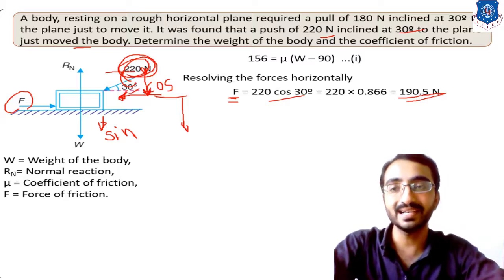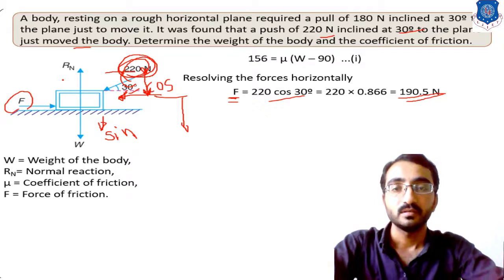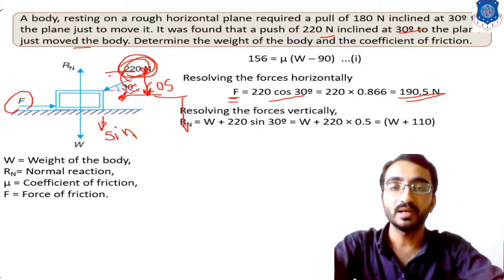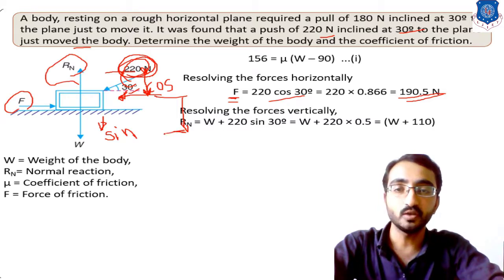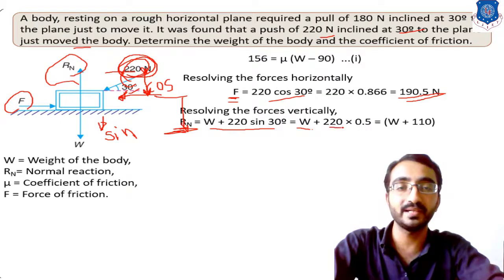So for the vertical direction we can simply say that Rn is equal to W plus 220 sine 30. Okay, so this is 220 into sine 30, that is 0.5. So that will give you the relation W plus